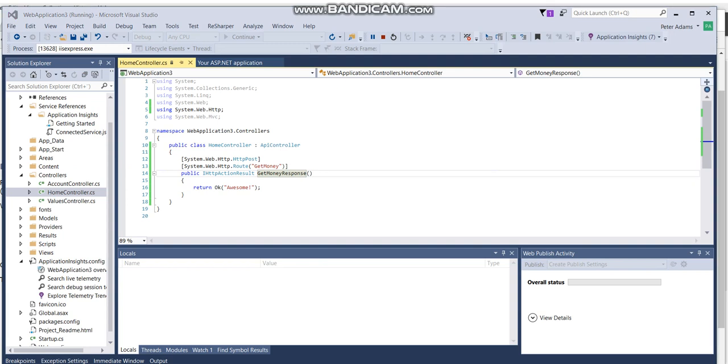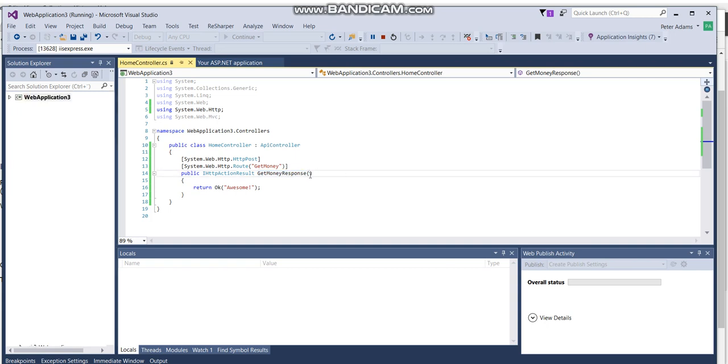So in the parameter of this method, I'm going to pass